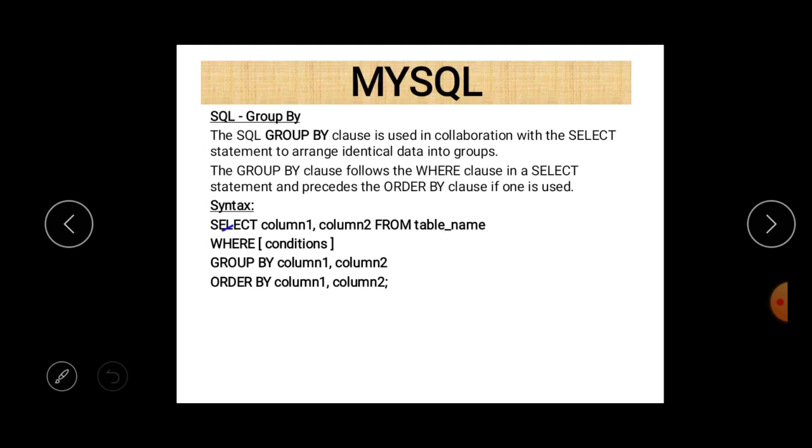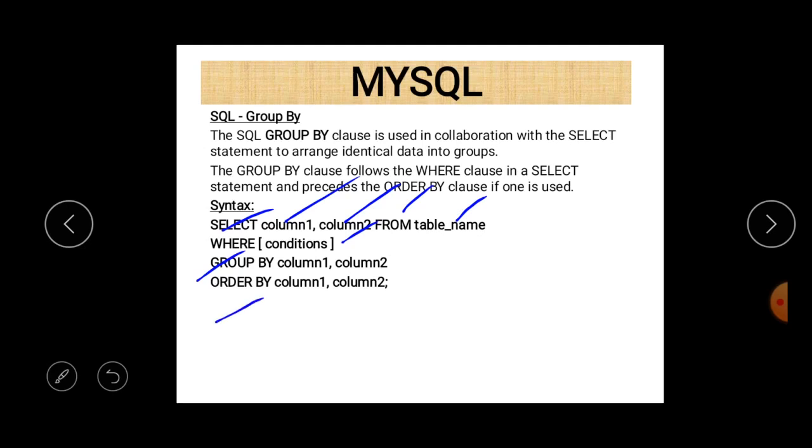First of all, write SELECT, and then you can write different column names, then FROM, then the table name, WHERE condition; this is a simple statement. And if you want to form a group, then after the WHERE condition you can write GROUP BY and give the column name on the basis of which you want to make a group.